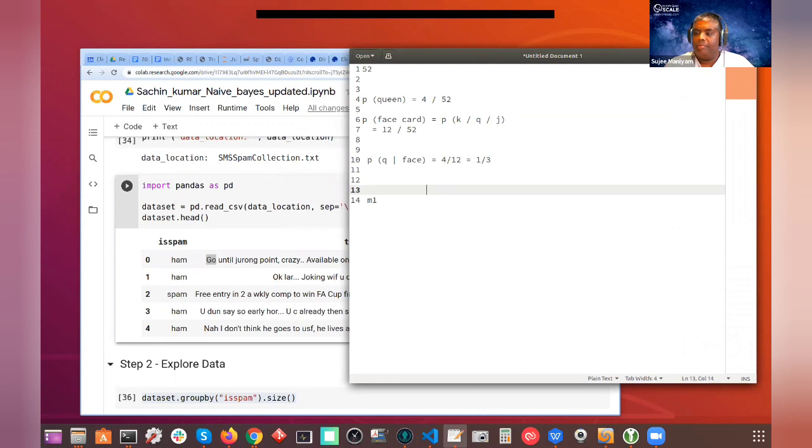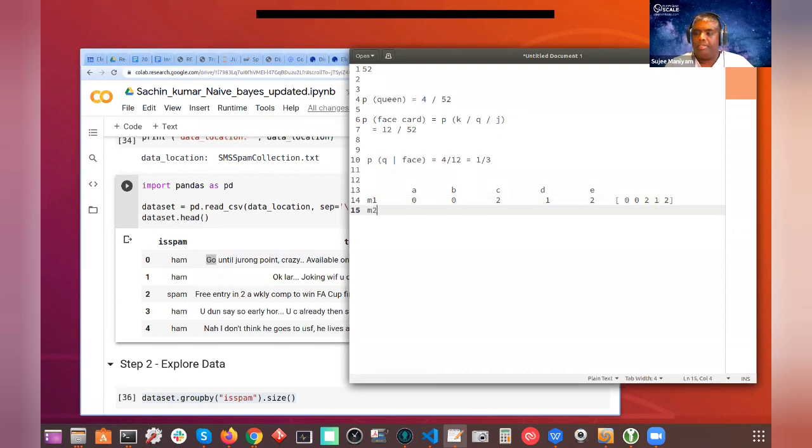I have word A, word B, word C, word D, and so on and so forth. You get the idea. So message 1 has 0 A's, 0 B's, and maybe 2 C's and 2 E's. So my vector is going to be 0, 0, 2, 1, 2.